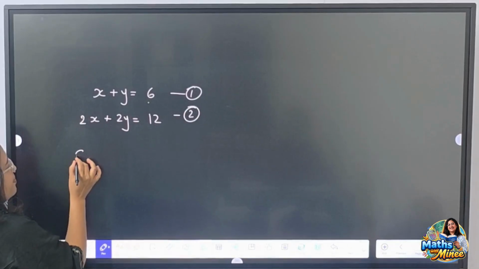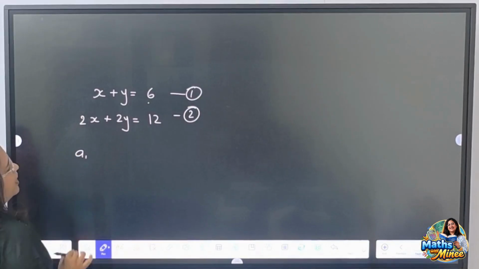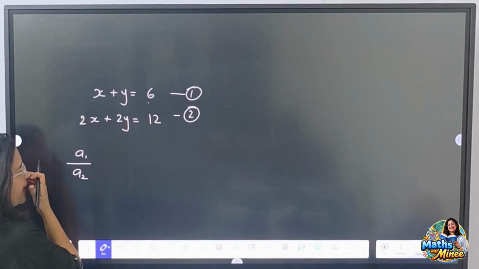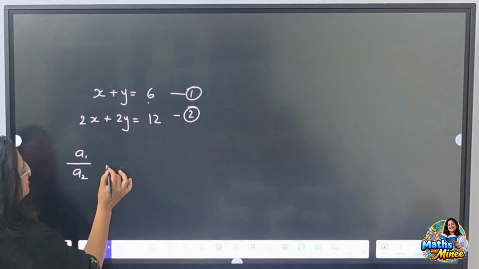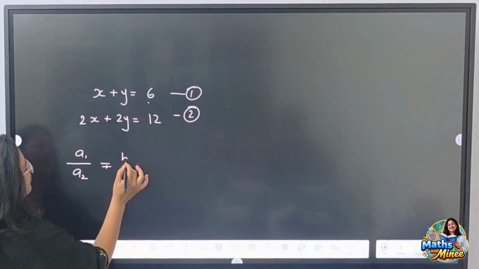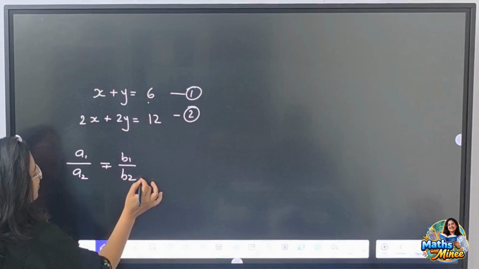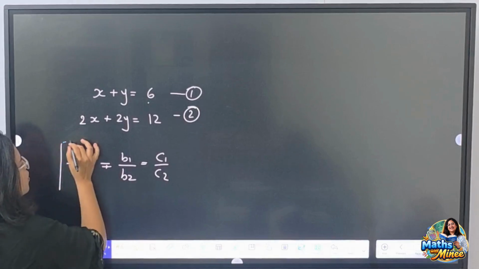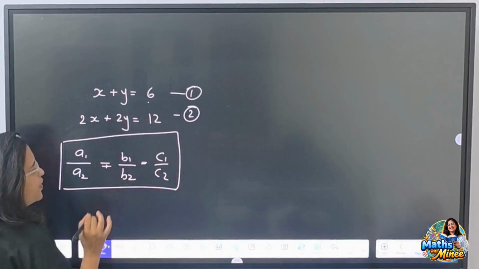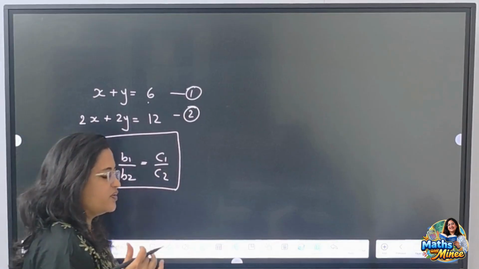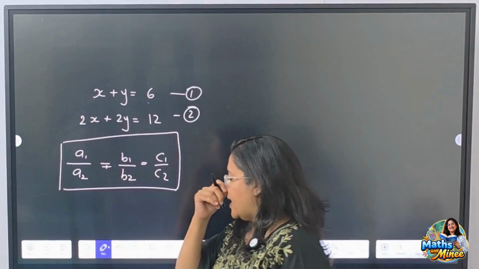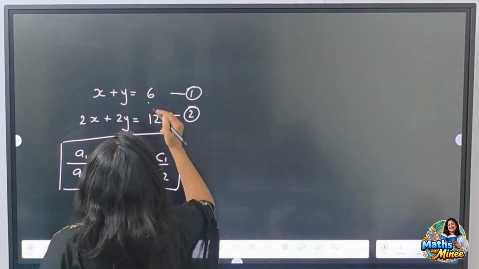So here we have a method, a1 upon a2. We have to compare all the coefficients, whether they are equal or whether they are not equal. We need to go with identifying such relations between the a1 a2, b1 b2 and c1 c2. Now what is this? देखिए, अब एक चीज आप याद रखिए, whenever you are representing